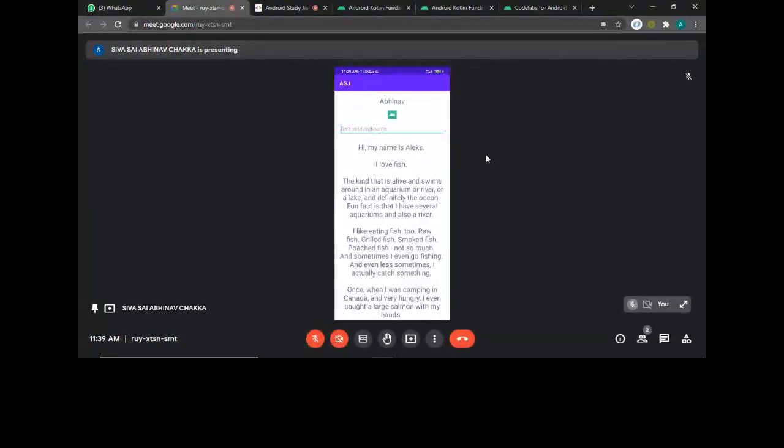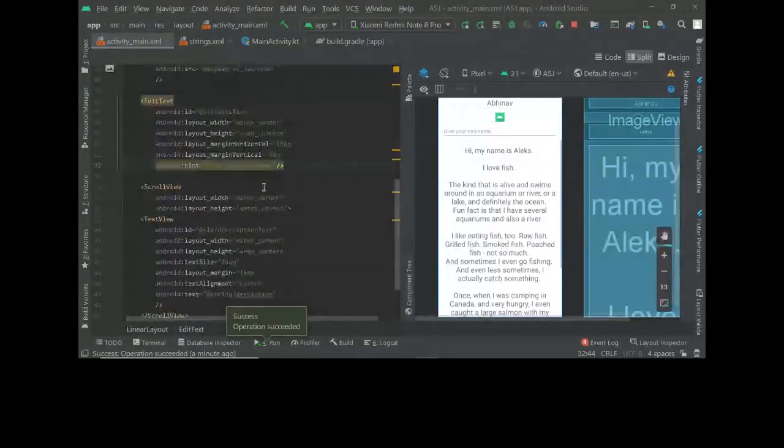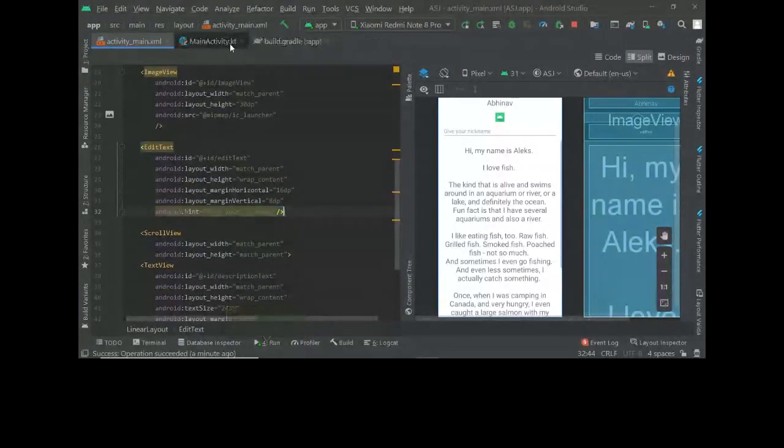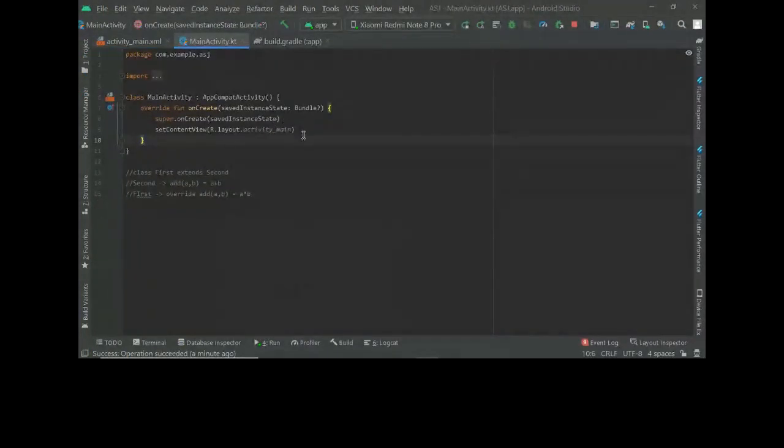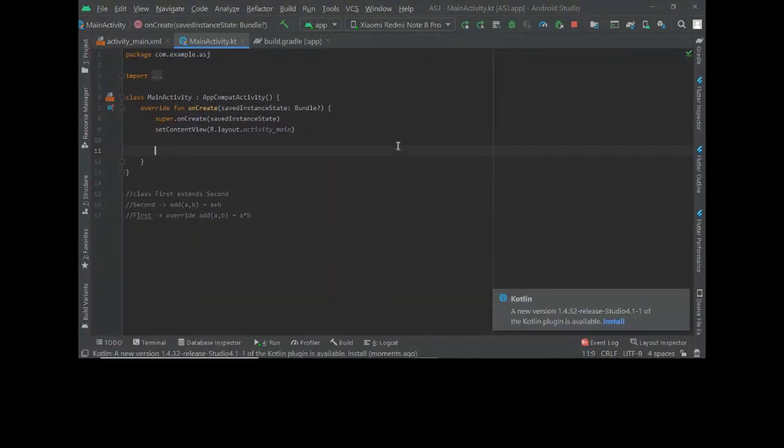So now what we'll do is write code such that it takes in this input and displays it somewhere. So now for this, we'll go back to main activity KT. From here you can access these views.